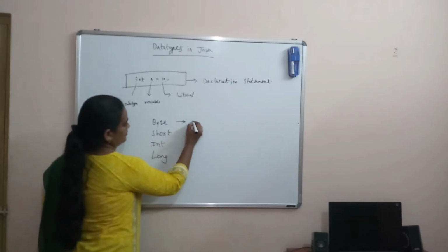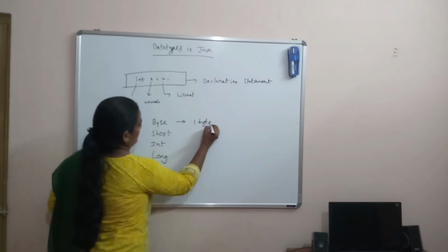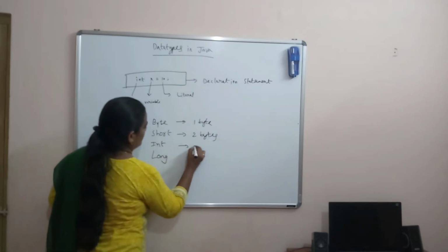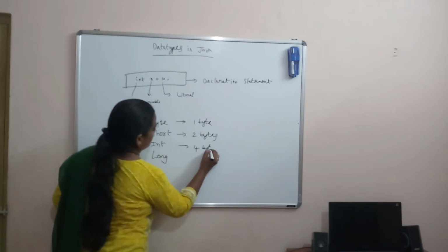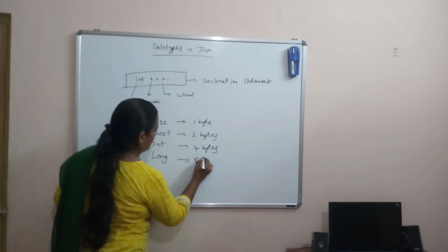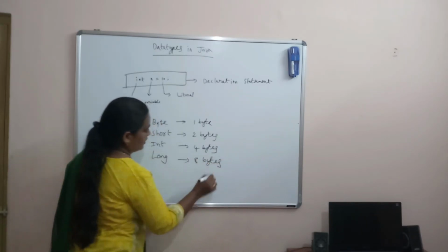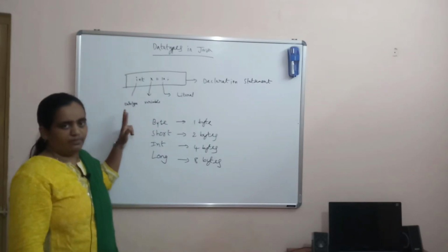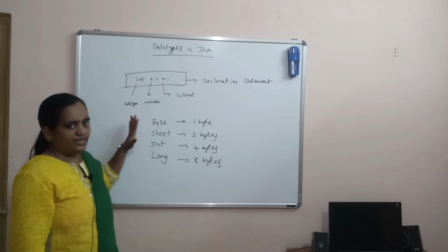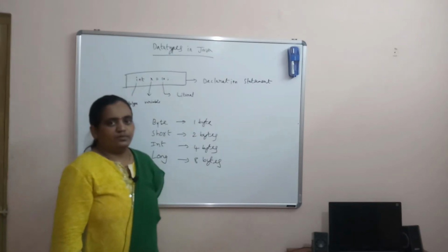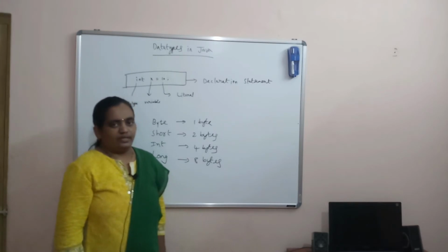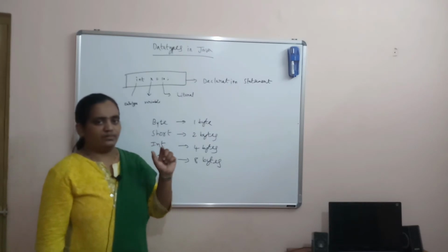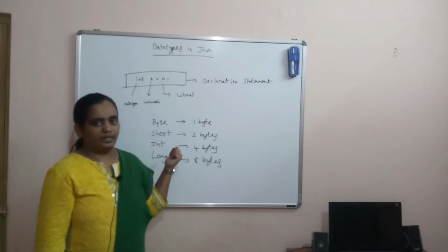Byte takes 1 byte of memory. Short takes 2 bytes of memory. Integer data type takes 4 bytes of memory. Long takes 8 bytes. My intention is to store integer values into a variable, but depending upon the condition, if I would like to take a long value, at that time I need more memory. Suppose I need only a small value, I need only a small amount of memory. For that reason,